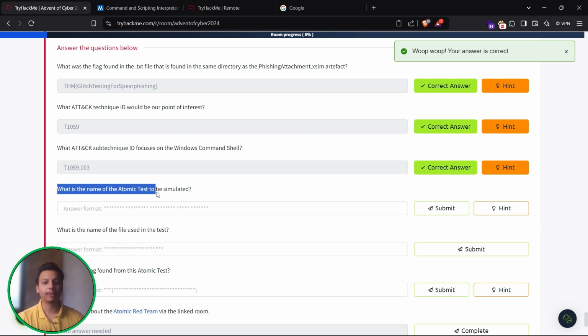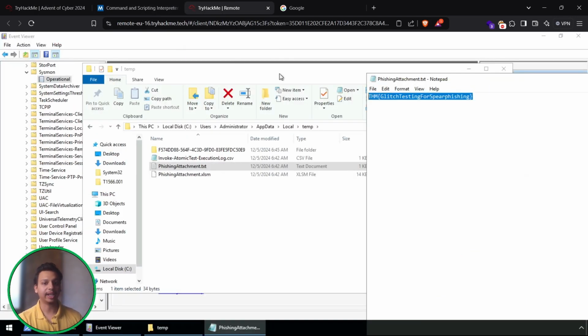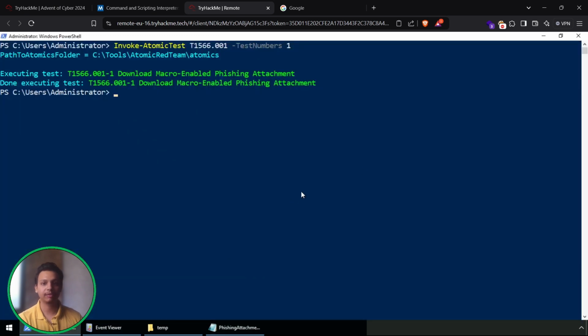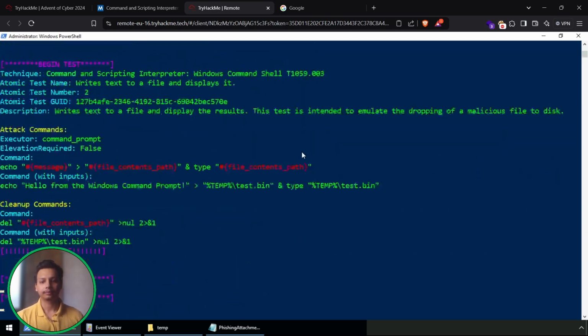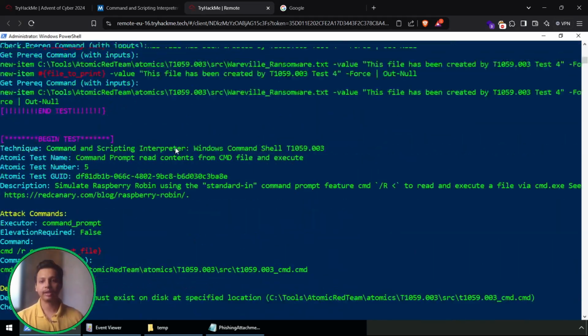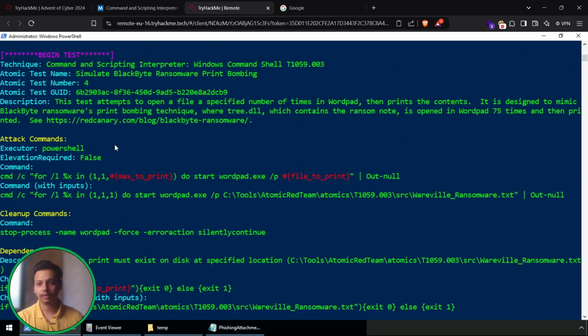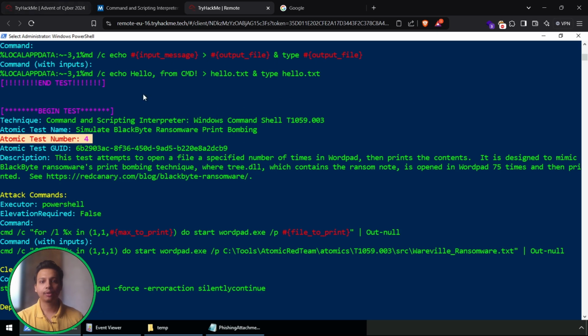What is the name of the atomic test to be simulated? Now again we have to go to PowerShell and perform these attacks similarly to what we performed for the 001. So we will use the command show details. We just have to change the test numbers. Okay, over here we can see there are a total of 4 atomic tests, and in that they have told us that